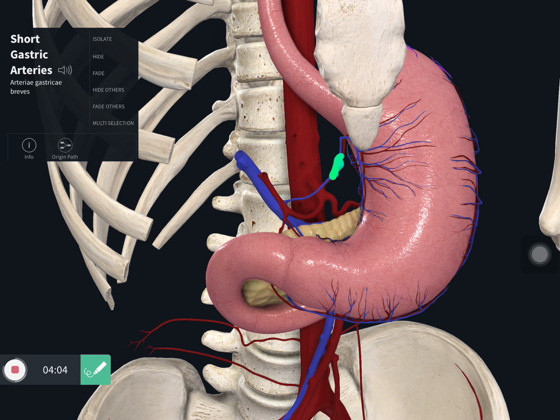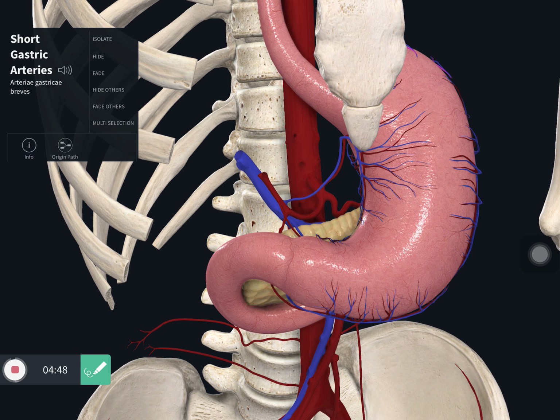As for the left one, the left gastric vein drains directly to the portal vein. The right gastric vein also drains directly to the portal vein. While the lymph drains back to lymph nodes that surround the celiac trunk, so they're called the celiac lymph nodes. While the nerve supply, we've got sympathetic fibers for the pain and parasympathetic fibers,